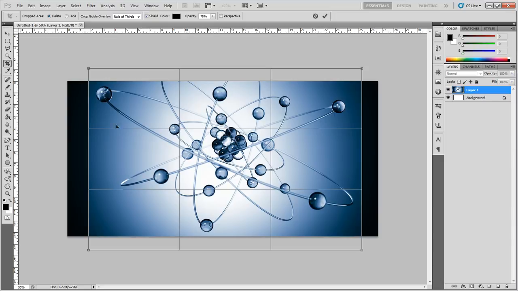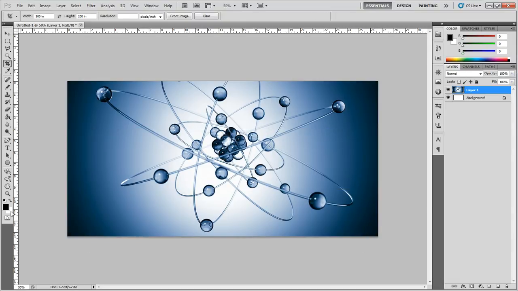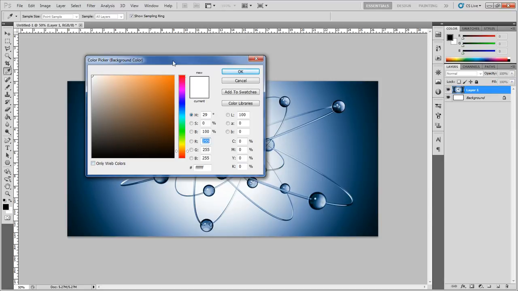So what it's going to do is when I press enter, it's going to add the background color that is set right here. So currently mine is white, yours might be something else. If you click it before the crop tool is turned on, you won't get that loud noise, and you also will be able to specify a color. So before we crop, press escape, click the white square, and at this point you can choose